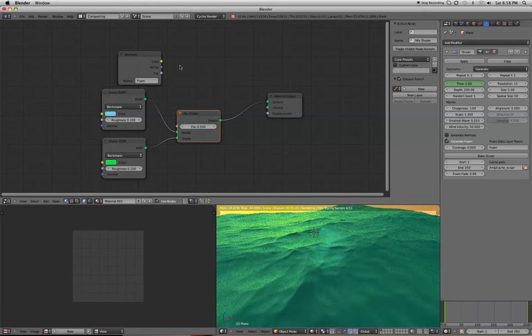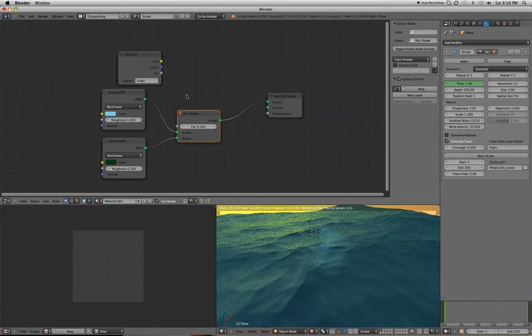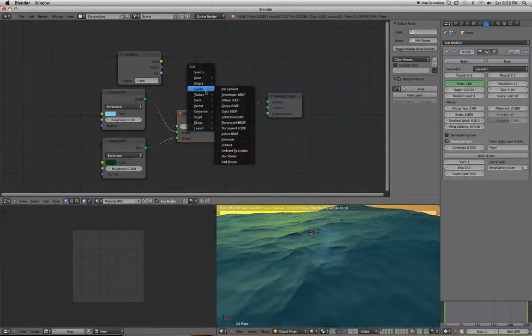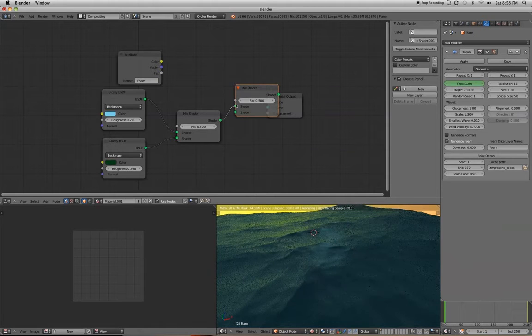Foam. Let's go ahead and make it a darker green here. There we go, that's fine. Let's go ahead and add a new mixer. Shift A, input, shader rather, and mix shader. And go ahead and mix these two together